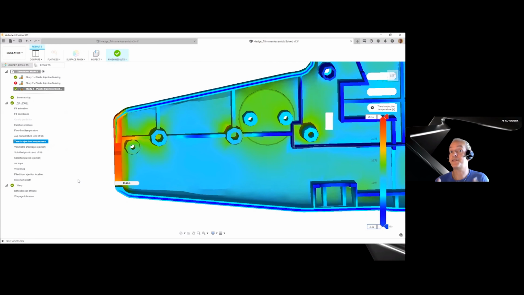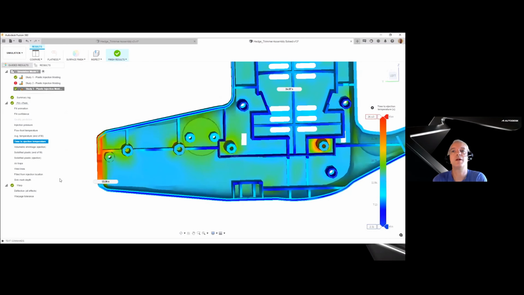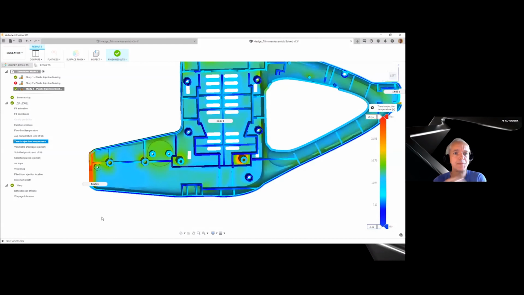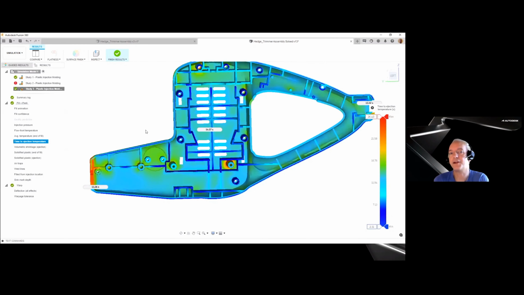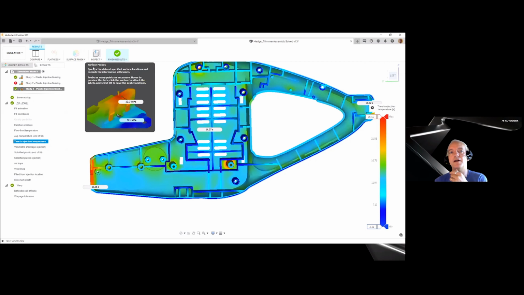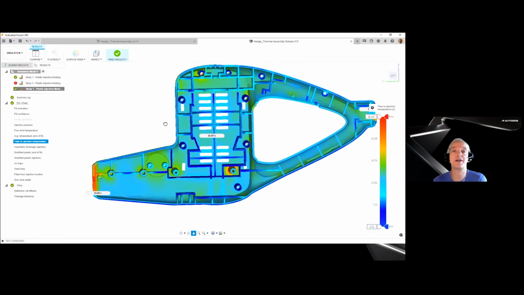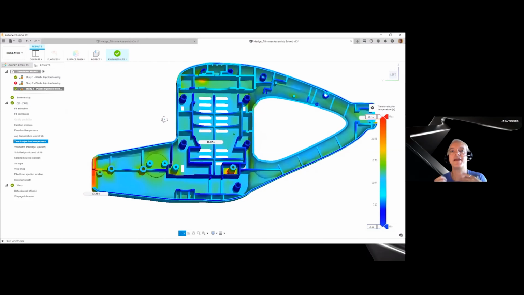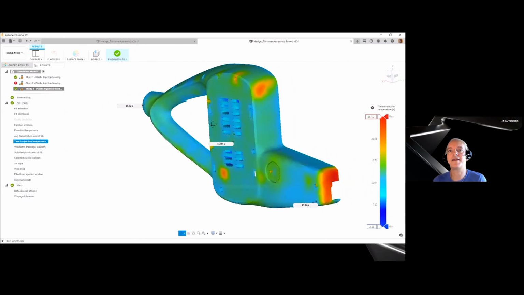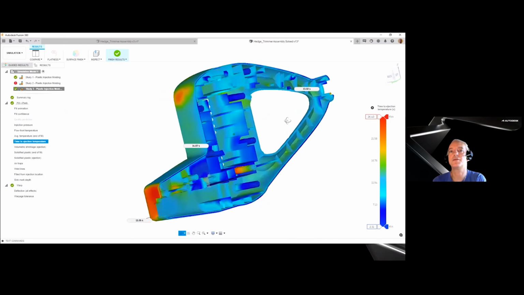As a designer, you may not have been aware of it, but this is an area where making it thinner will make it take a lot less time to cool down, reduce your cycle time and reduce your cost. So those are the insights you can provide a designer, or as a designer, you can get an understanding of what you can do to improve the efficiency of the model.